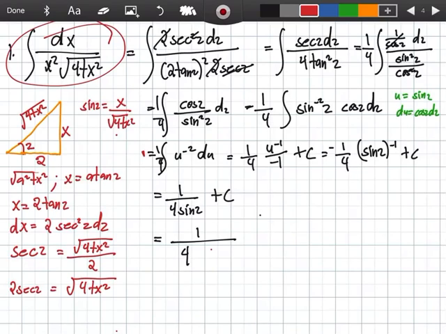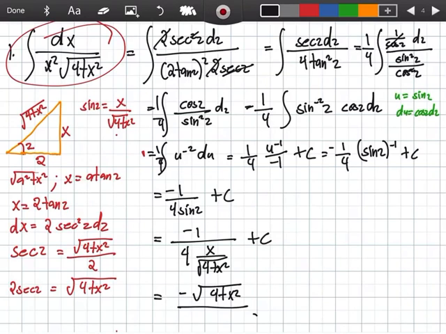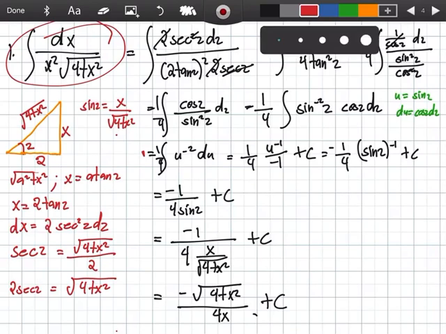This is x over the square root of 4 plus x squared. So it becomes the square root of 4 plus x squared over x. Oh, I forgot the negative. Negative, over 4x, plus c. So, this is our